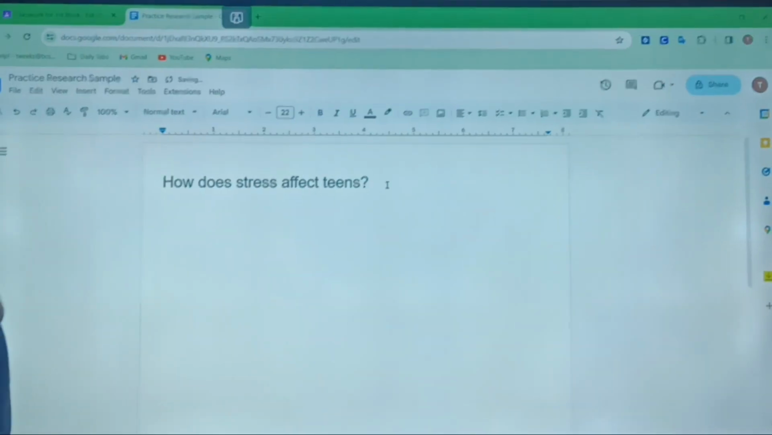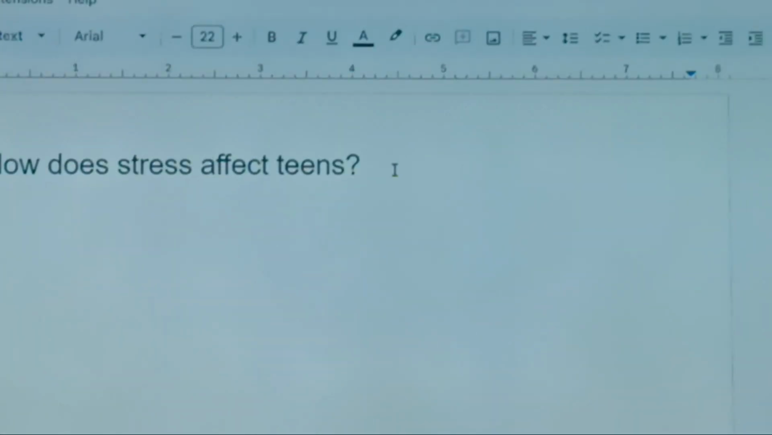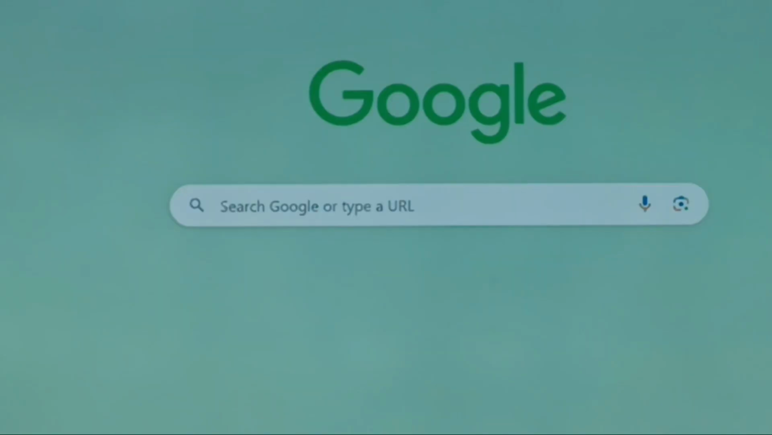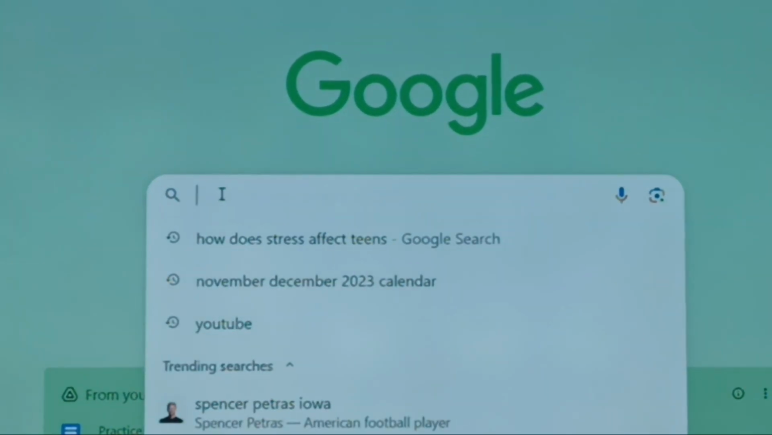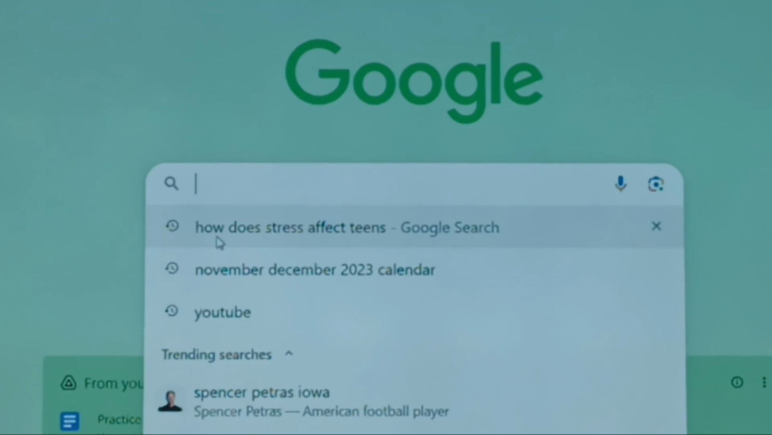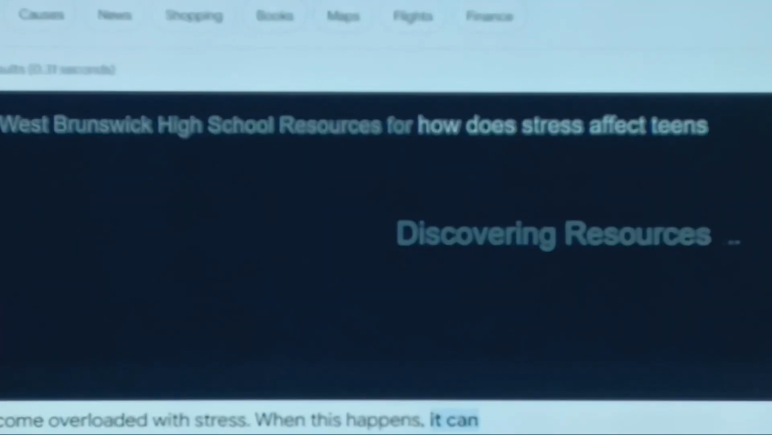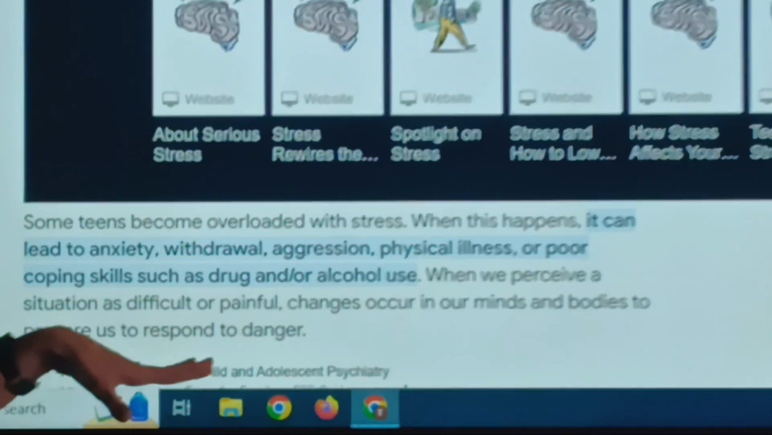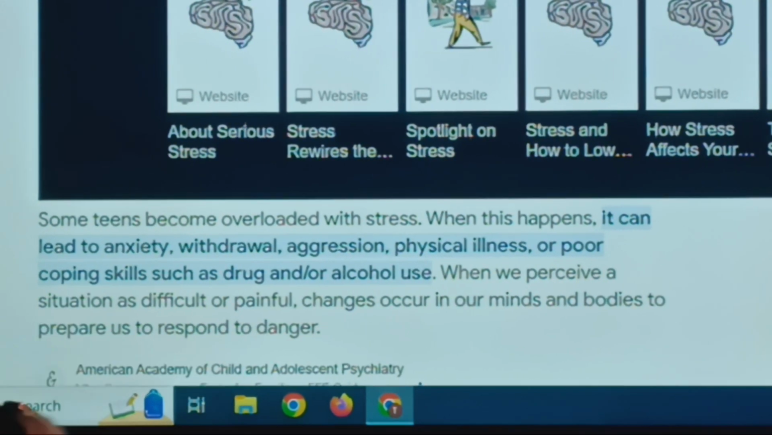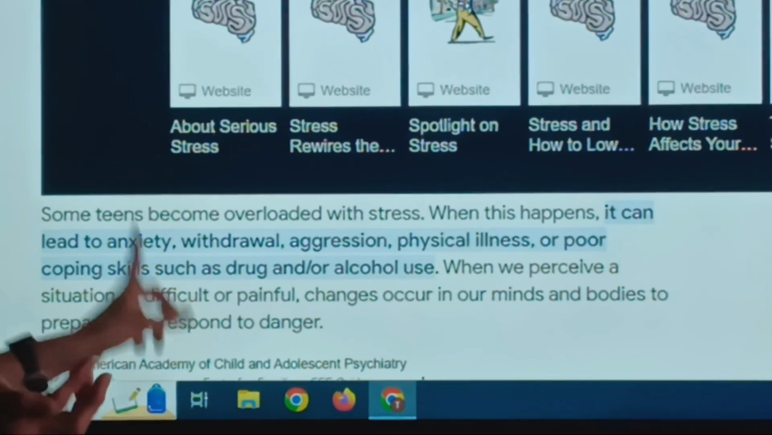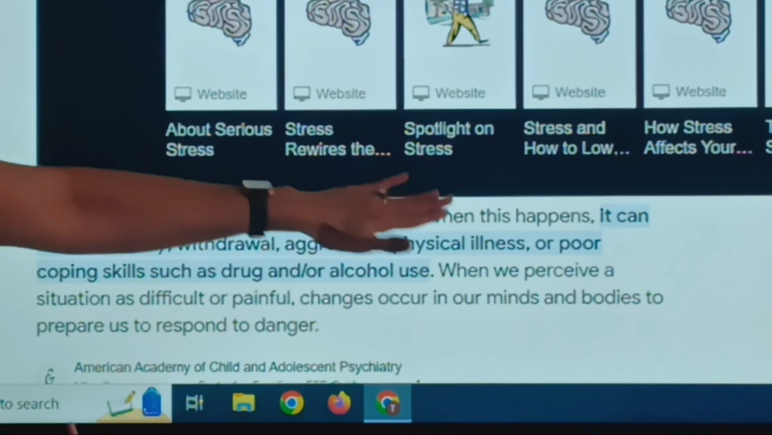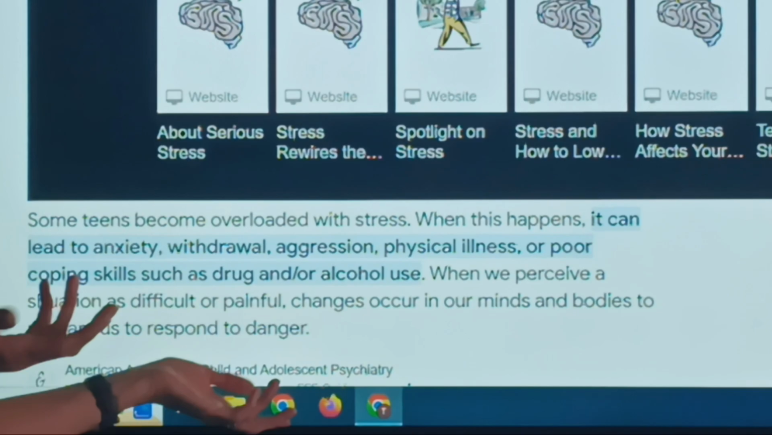So what we're going to do is find actual websites that answer this question. The first thing we're going to do is open another tab, and we can ask that question: how does stress affect teens? Now the first thing you pull up is not always your best option. Sometimes it can be, but it isn't always. This one has highlighted an answer. It can lead to anxiety, withdrawal, aggression, physical illness, and so forth. That sounds pretty legit. So what you want to do is scroll down